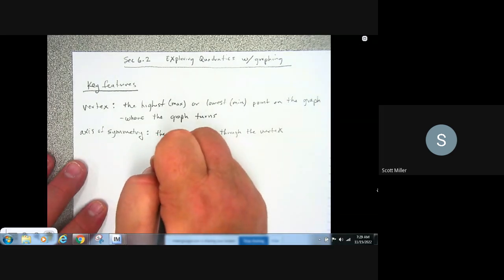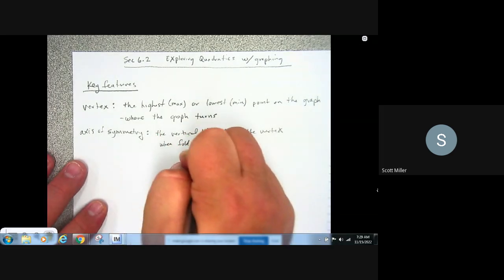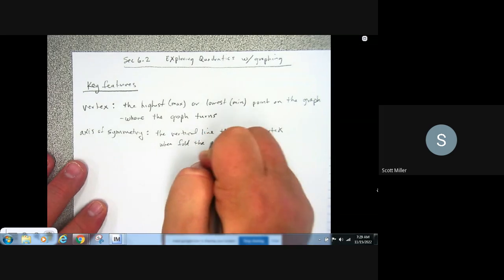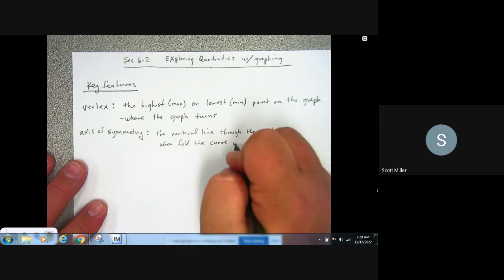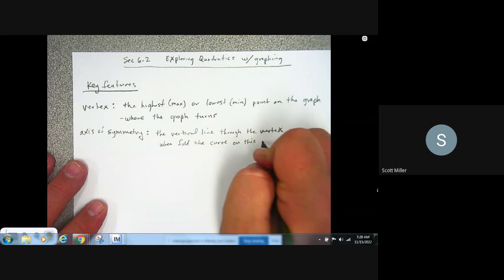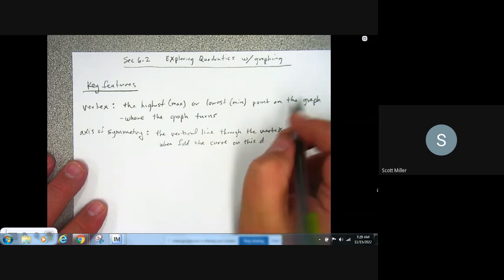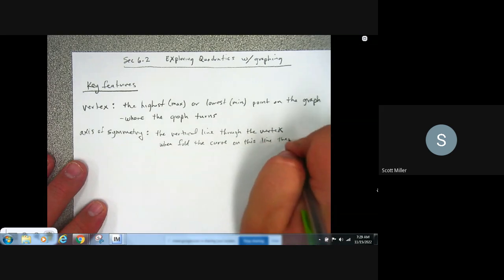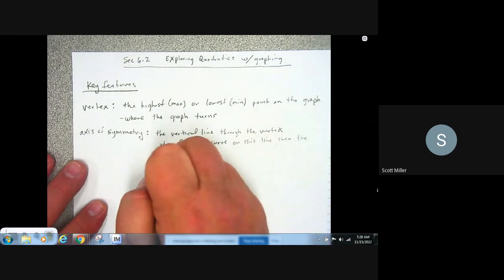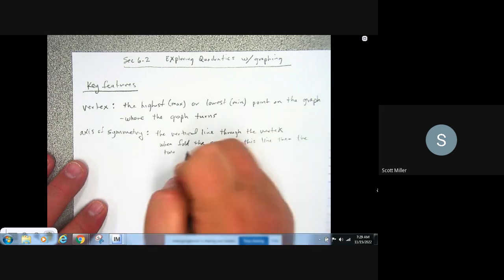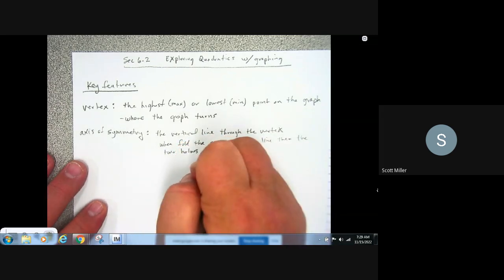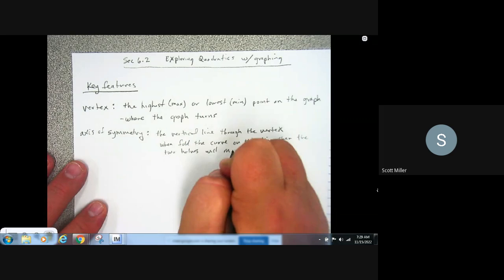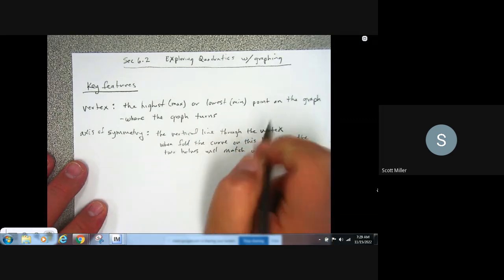It means that when I fold the curve or the graph on this dotted line, the two halves will match up. If I fold this over right on itself, the two halves are going to match up